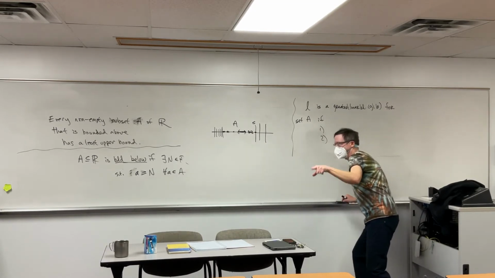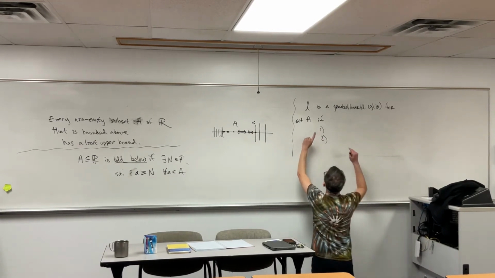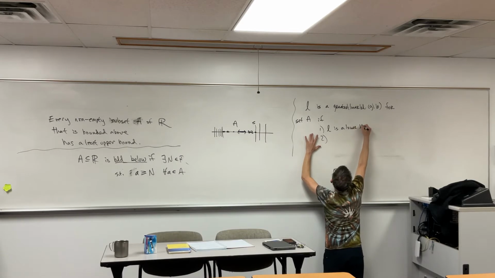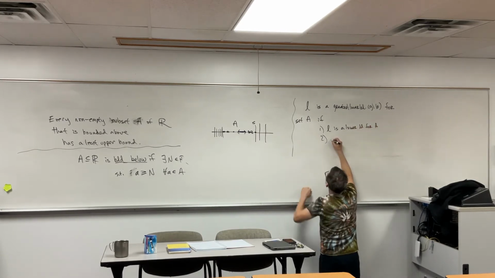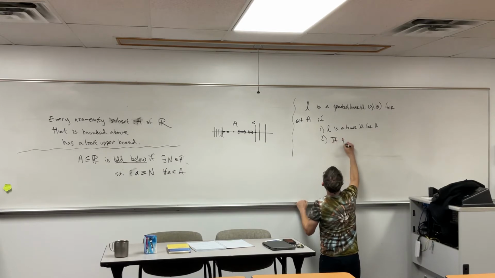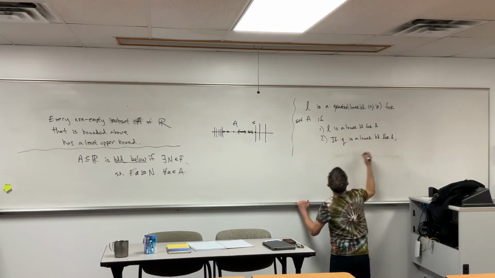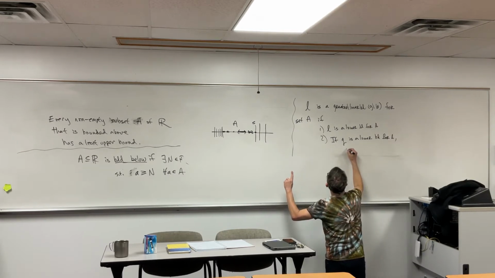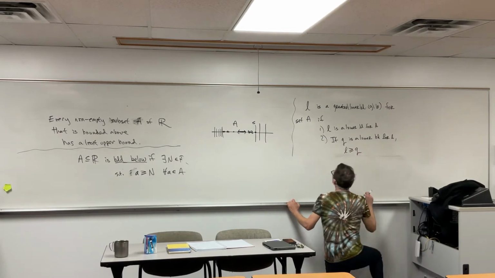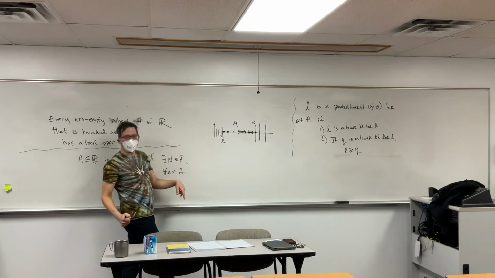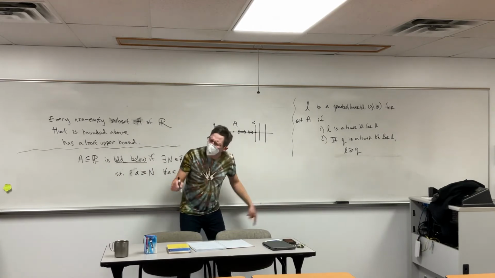I'll ask you about your letter in a minute, Michael, because I'm going to use the different letters, so go ahead, my friend. L is a lower bound, for some Q, which is also a lower bound. L is greater than or equal to Q. So Q is another lower bound for A. And what was the relationship here? L is greater than or equal to Q. Beautiful. It's the rightmost lower bound that I could possibly get. Yeah, that's lovely.